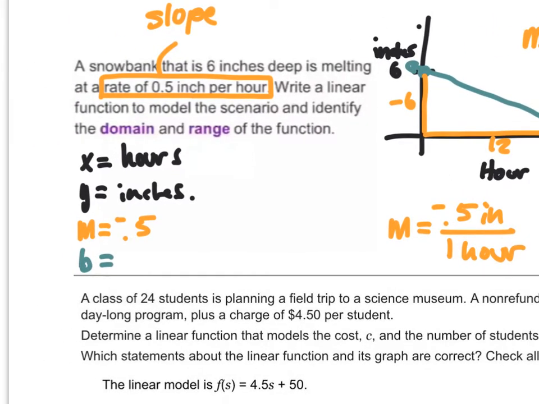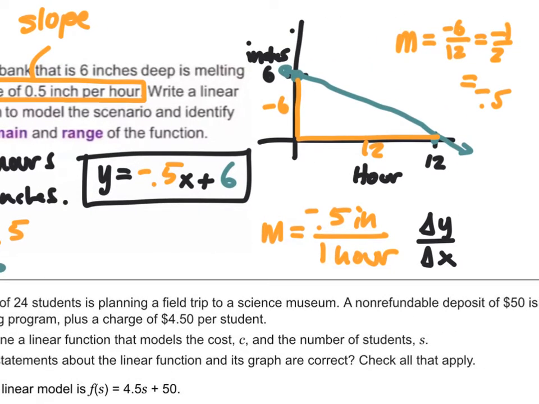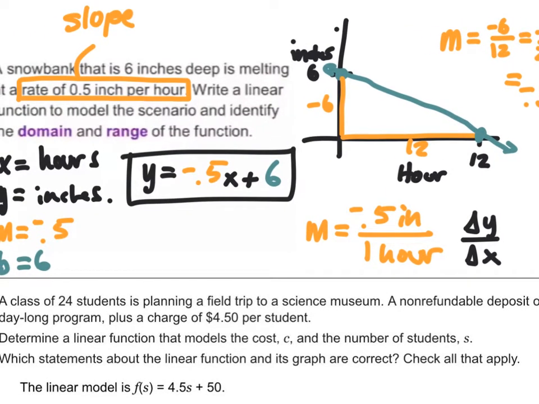And then my y-intercept is just 6. So my function that I would write is y is equal to negative 0.5x plus 6. Now, the reason I wanted to plot these points and have these values on the graph is because this helps us with our domain and range. We don't go down into negative inches of snow, and time is going to stop when we don't have any more snow left. So our domain